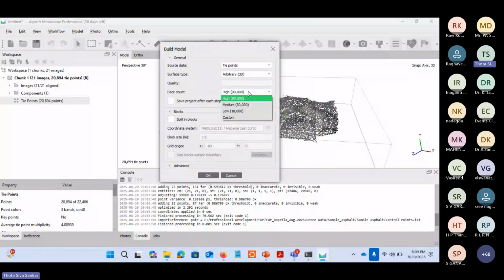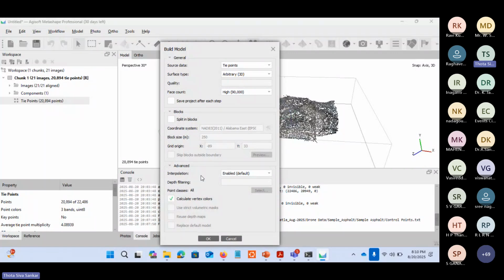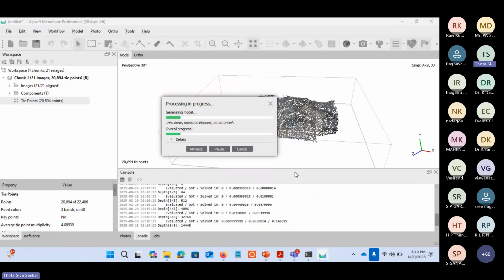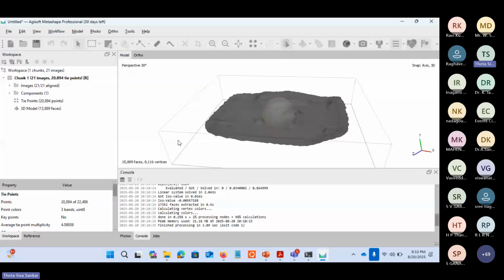So I'm just going to set up a few additional settings like interpolation. It's a recommended one to go with enabling the process. However, if you want to disable it, one can go with it. The difference would be, once we have enabled it and processed the data set, as you can see,